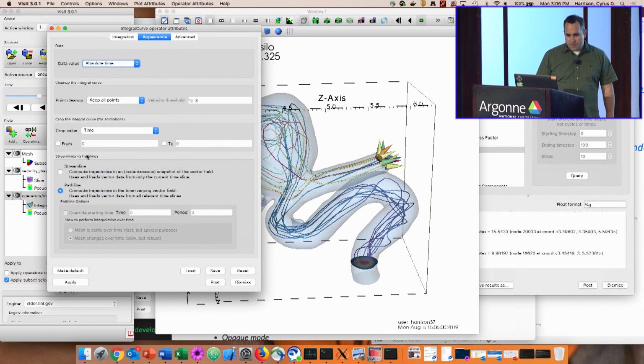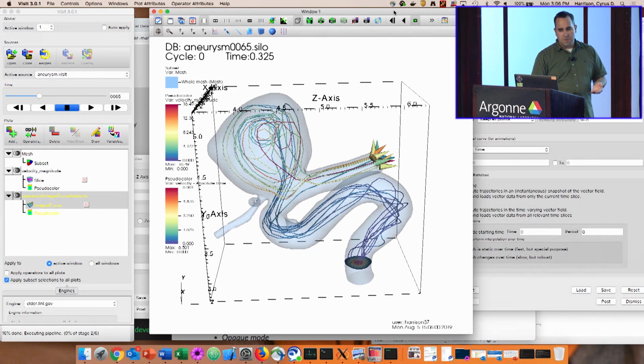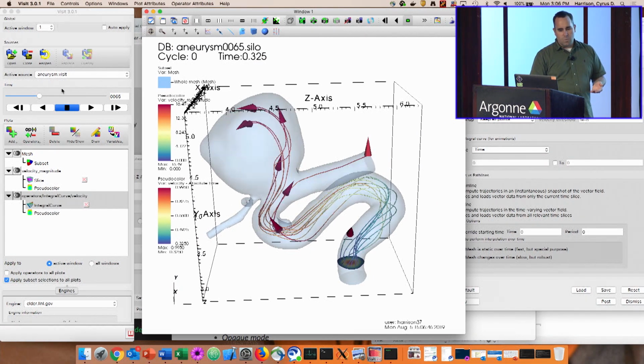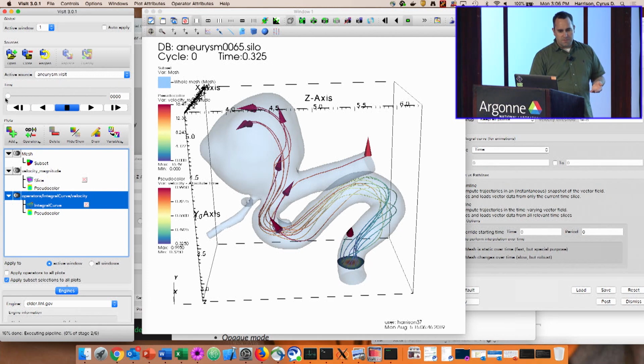There's some caveats here. What I talked about earlier, how you have to map meshes onto each other, and that can be expensive. In this case, the mesh isn't moving at all, so we can just diff the velocity vector fields directly. There's a special case for doing that. We can change that to say the mesh is static over time. When we do this, we'll get a much faster answer because it's not going to actually have to do mesh-to-mesh mapping. And if we start at the beginning of time here, we'll get something that actually shows us